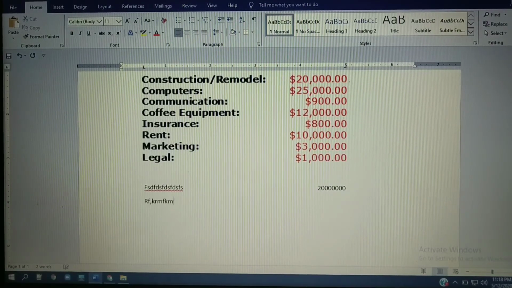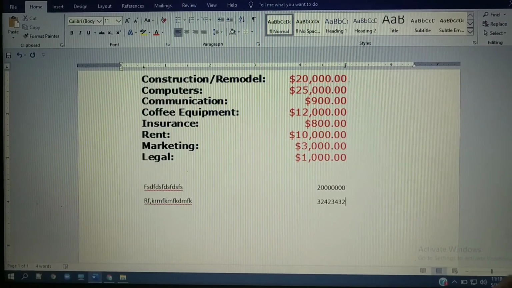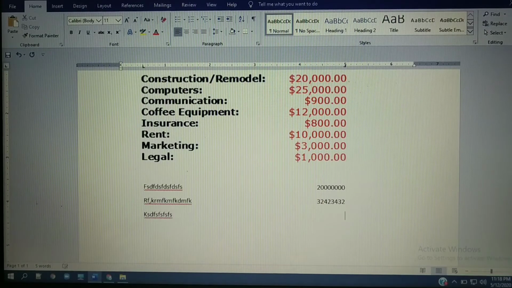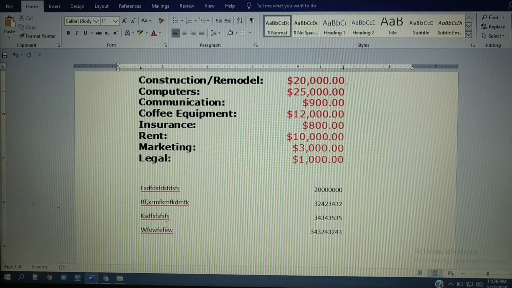Then you can write any text here. Then press tab, and here you can write the text number. And now again you need to press tab, and then again press tab, and then here you need to write the number. Press enter, press tab, then write the text, and then press tab and type the text.